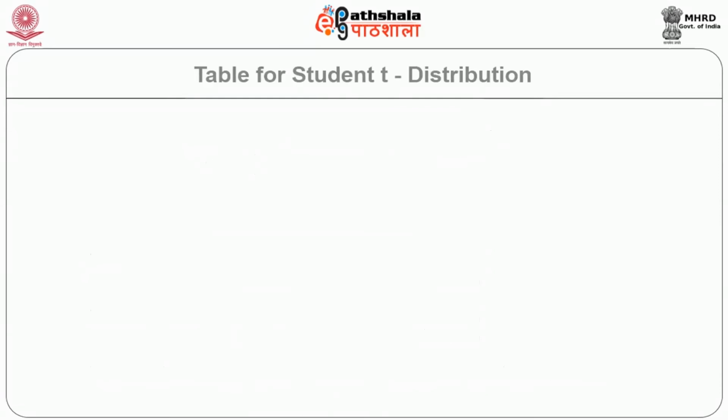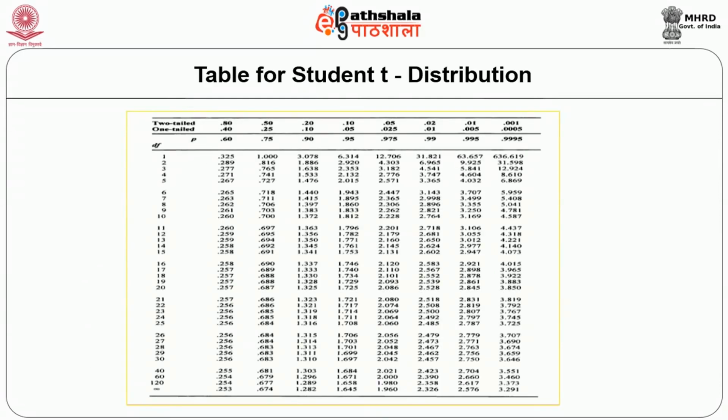Here I have given a table for t distributions, which is given in any of the textbooks as an annexure. From here, the degrees of freedom is nothing but the number of subjects in the first column. From that you have to pick either 5% or 1% or 0.1% significance. Correspondingly, you see the value for testing your observed value, using your real data, you find the t value, whether that t value is different from this value. If it is more than this value, you reject the null hypothesis, otherwise you accept the null hypothesis.